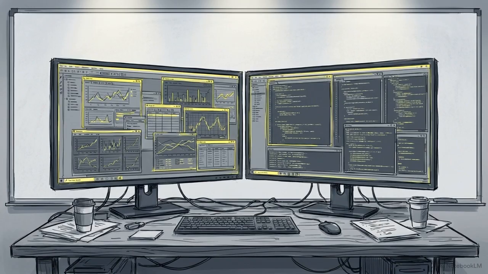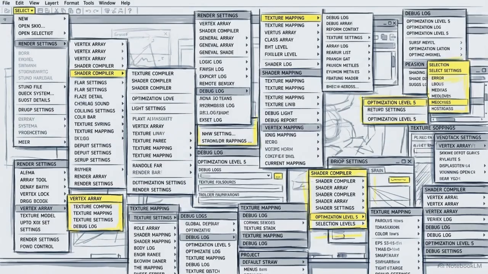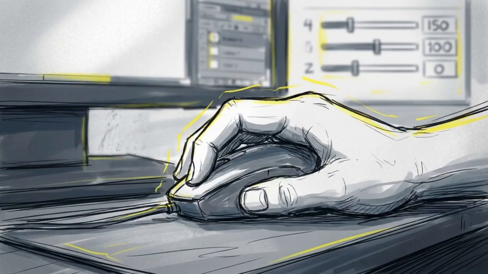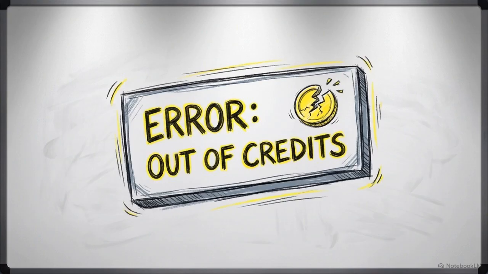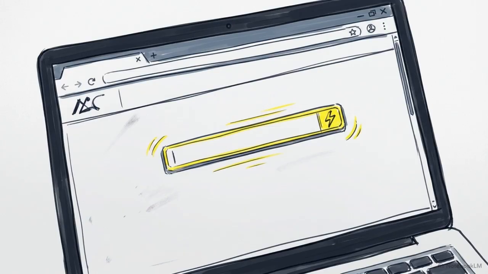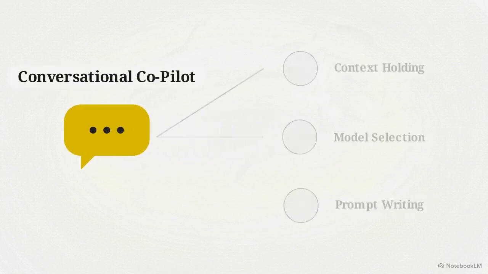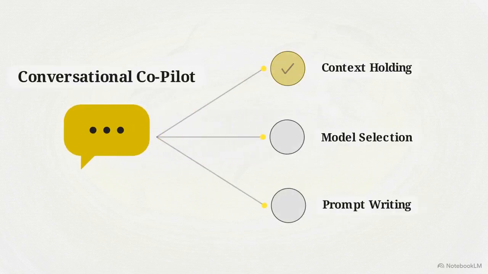If you've tried making AI video recently, you know the paralyzing struggle, guessing which model to use, endlessly tweaking technical parameters, and burning through expensive credits. That's where the Artlist AI agent comes in. Instead of forcing you to code instructions, it acts as a conversational co-pilot. You talk to it, and it handles all the back-end technical decisions, selecting the right models and writing the actual